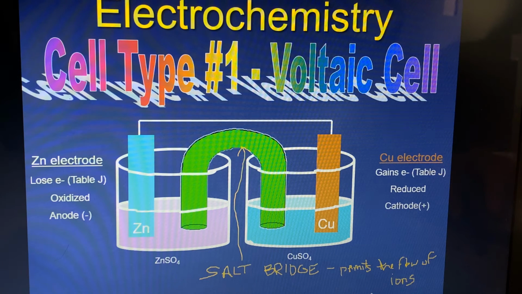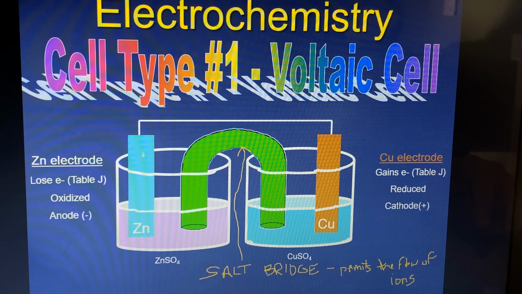Permits the flow of ions. The salt bridge has one function. It does not permit the flow of electrons, it permits the flow of ions. Electrons flow through solid material, ions flow through solutions. And luckily for our level of chemistry, we're not going to go into the actual charges, but all we're going to say is it maintains neutrality between these two, because remember, what's happening at